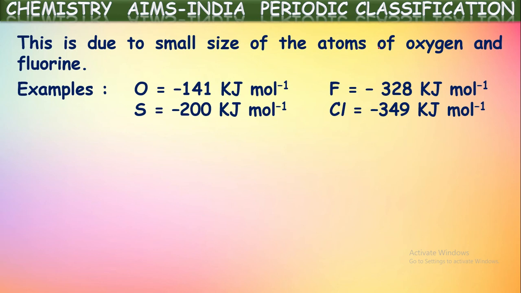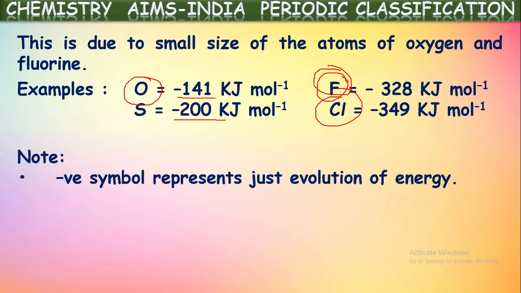For example, oxygen has an electron affinity of 141 kilojoules per mole, whereas sulfur has a greater one, because oxygen has a much smaller size than sulfur. To overcome the repulsions between the already existing electrons and the incoming electron, oxygen utilizes a certain amount of energy. So the amount of energy released will be less than expected. In the same way in the case of fluorine and chlorine. Actually, fluorine should have the highest electron affinity, but it is highest for chlorine because of the very small size of fluorine.